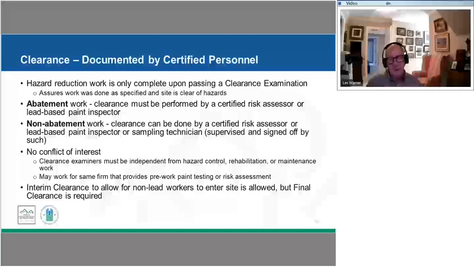I'll just mention this last bullet point. In some cases, and I don't know that we would be doing this with project-based assistance, we might also be doing some non-lead work while we're dealing with this. So we might have our lead certified contractor complete their portion of the work, do an interim clearance, and then allow another contractor to enter that workspace and do the non-lead work. If that was the scenario, once all work had been completed, we would need to do a final clearance